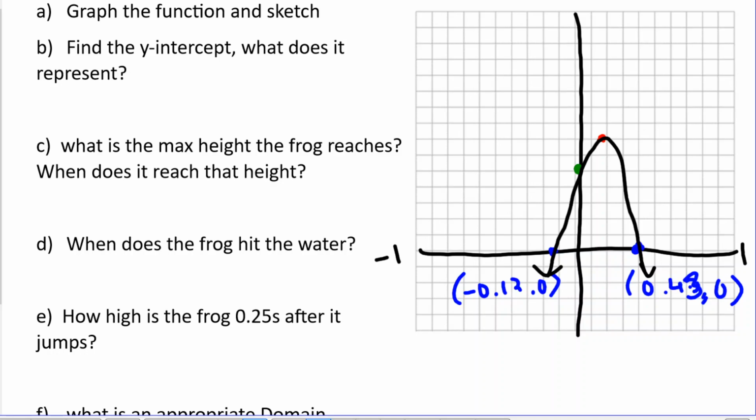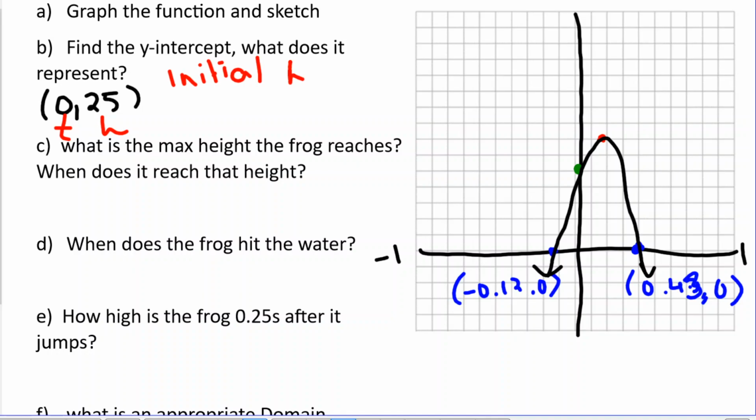So find the y-intercept. What does that represent? Well, our y-intercept was 0.25. But remember that x and y in this case was representing t and h, in that order. So if 0 is t and 25 is h, what does that mean? Well, that means at time 0, right, when I haven't started counting this frog's jump yet, they were at a height of 25. I might want to say something along the lines here of